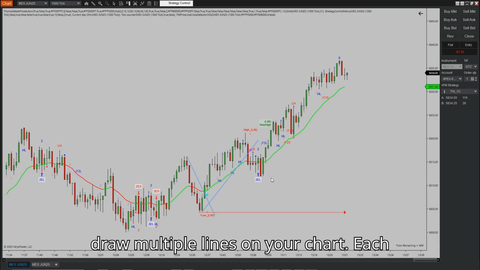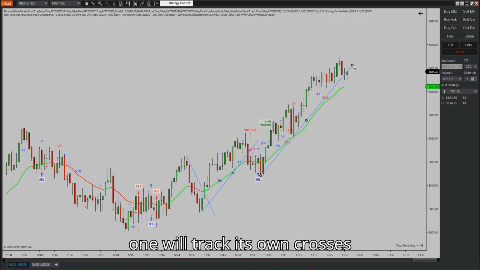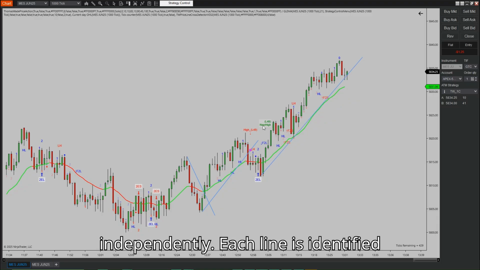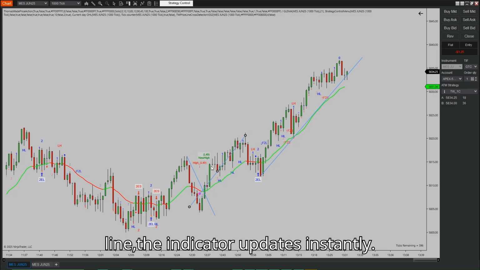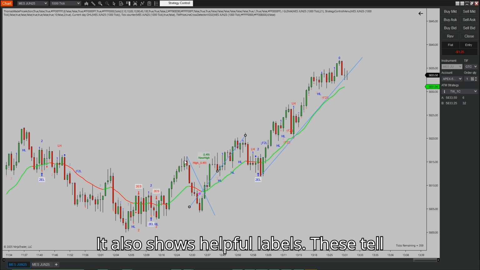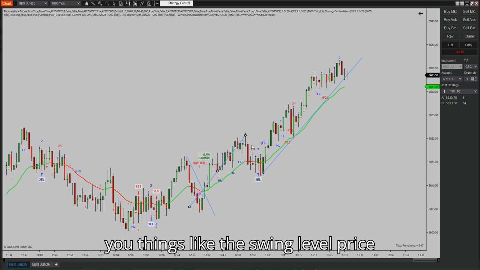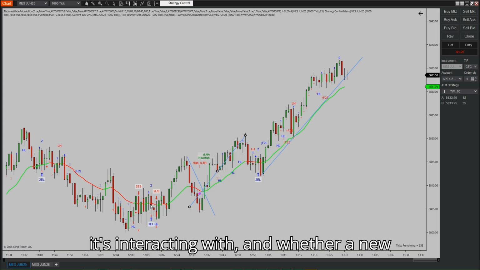You can draw multiple lines on your chart. Each one will track its own crosses independently. Each line is identified with a line number, and if you move a line, the indicator updates instantly. It also shows helpful labels. These tell you things like the swing level price it's interacting with, and whether a new high or new low